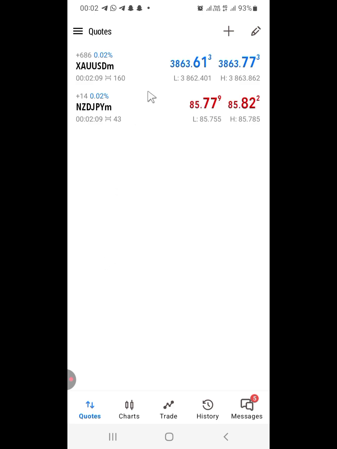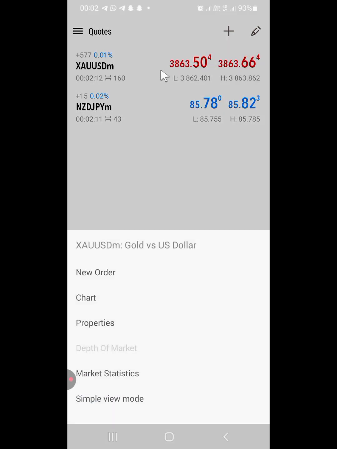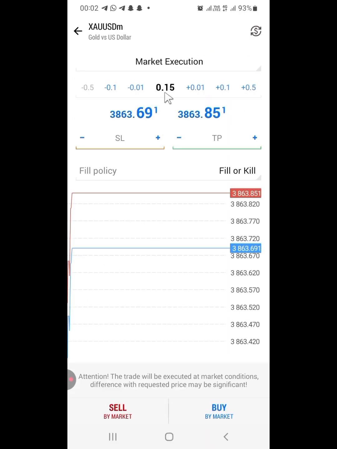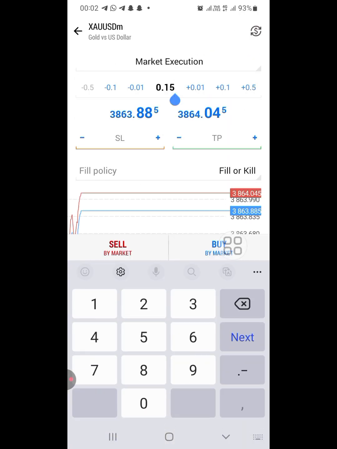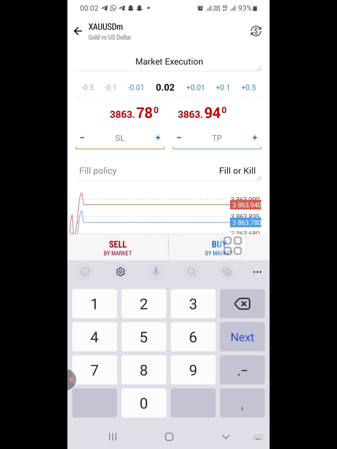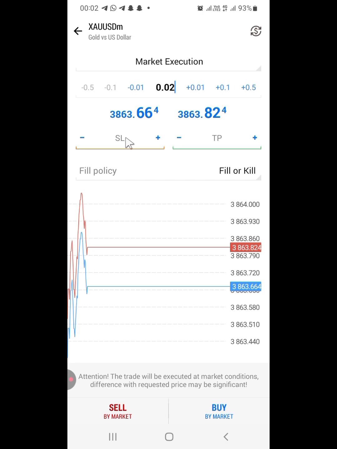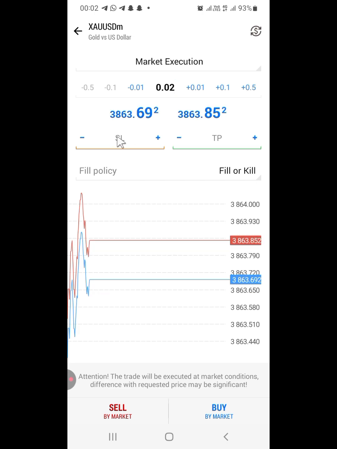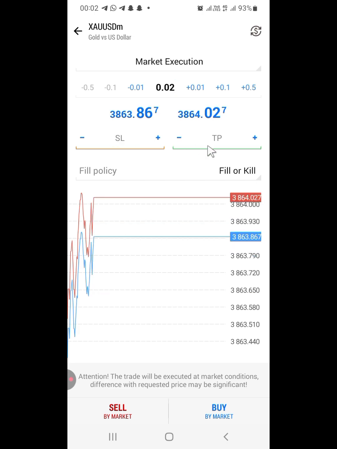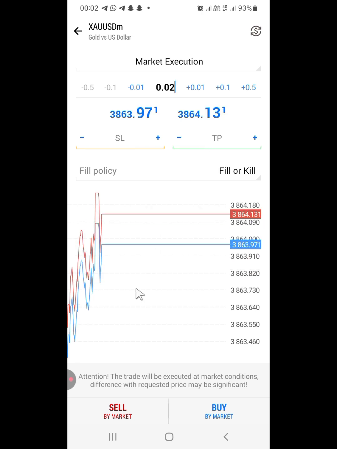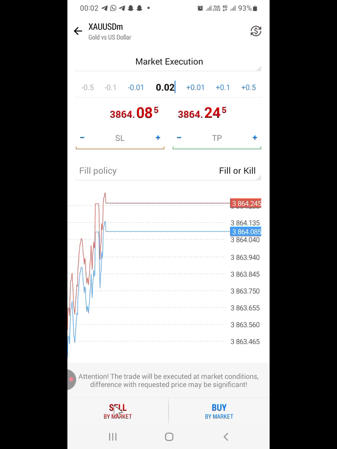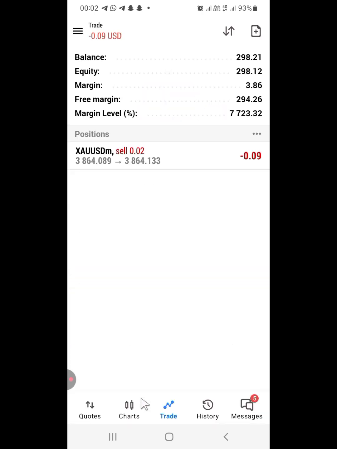So let's say you want to take a sell on gold. What you have to do is click on it, come to new order, then your lot size. Make sure you always enter a reasonable lot size, so let's say 0.02. We want to sell, so I'll put my stop loss here, and depending on the analysis, you put your take profit here. Then quickly you enter your sell. Or if you enter the trade and you've forgotten to set the stop loss and take profit,